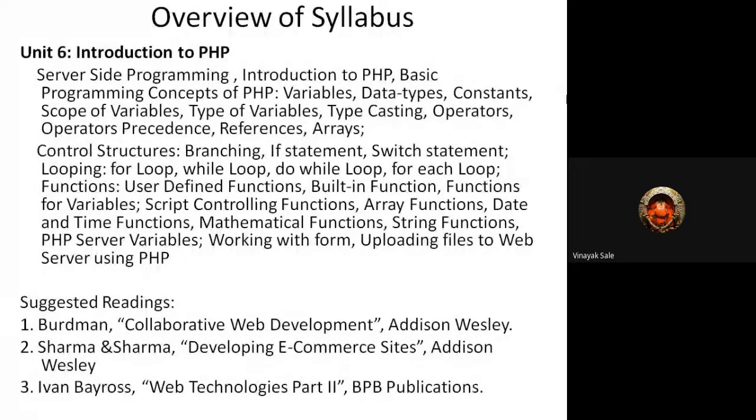Then in chapter 6, that is introduction of PHP language, server side programming, introduction to PHP, basic programming concepts of PHP, variables, data types, constants, scope of variables, types of variables, typecasting, operators precedence, references, arrays.